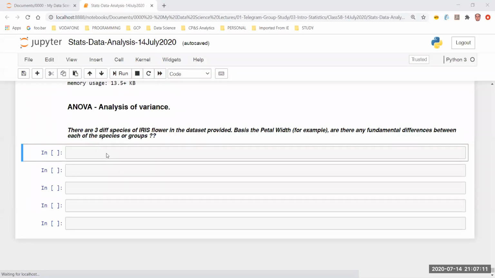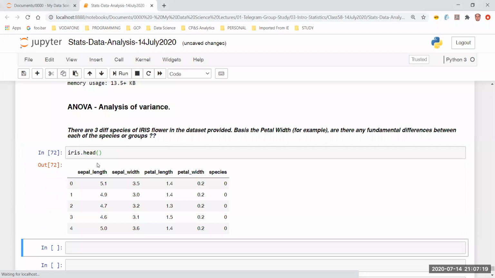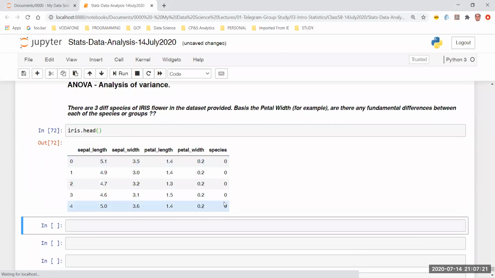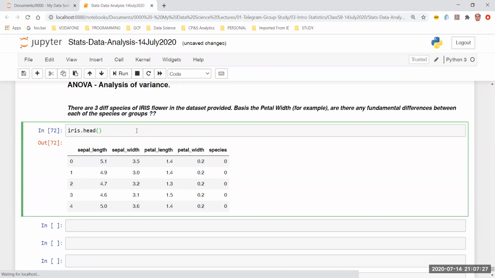I don't think in any case data will be given prepared for you. So what I'm going to do, I already have the iris data set. Let me just quickly cross check. Yeah, so here I have species in this format 0, 1, and 2. If you remember, we have already converted the text into numbers. Now, keeping that in mind, let's create a data frame, and I will also tell you why I'm creating a data frame. So don't worry.